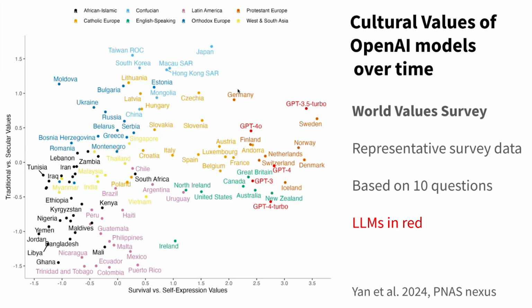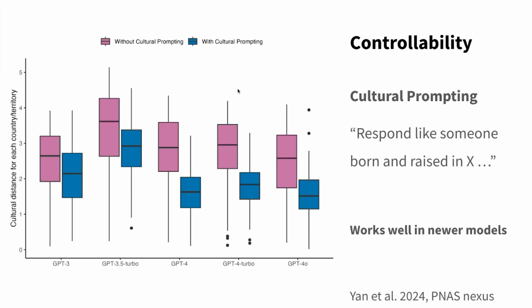And so we ran some experiments on this using what we call cultural prompting, essentially just saying, respond like someone born and raised in this country. The full prompt is in the paper. We tried a few different variations, but the result is very consistent: yes, it does work to an extent, and it works especially well in more recent models. So you see GPT-4, 4 Turbo, 4o, you see a significant reduction in the distance between your country and the LLM response